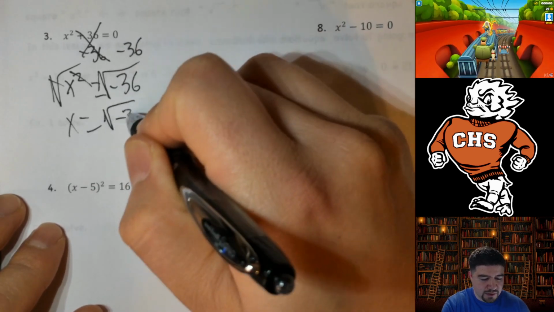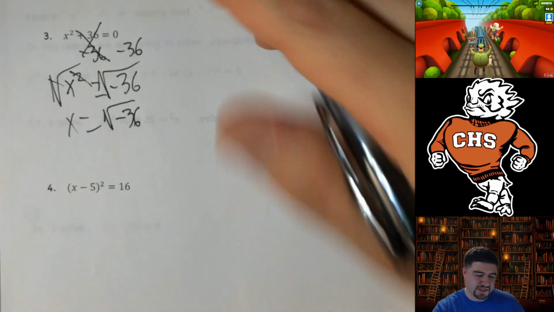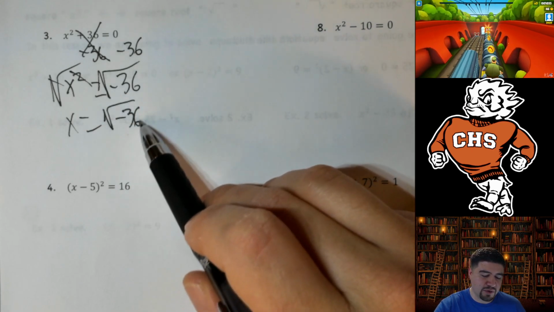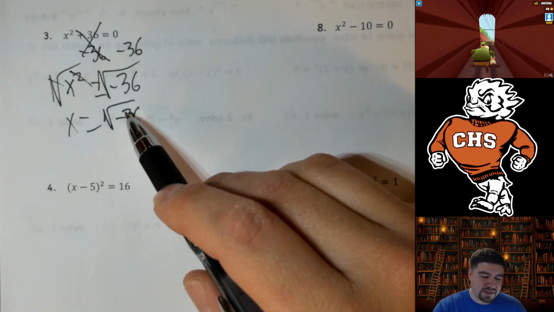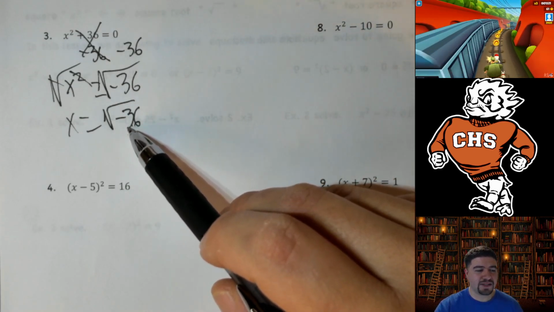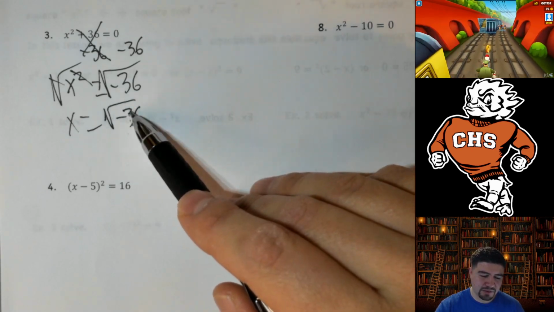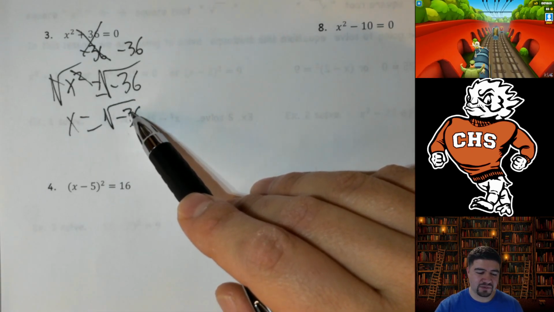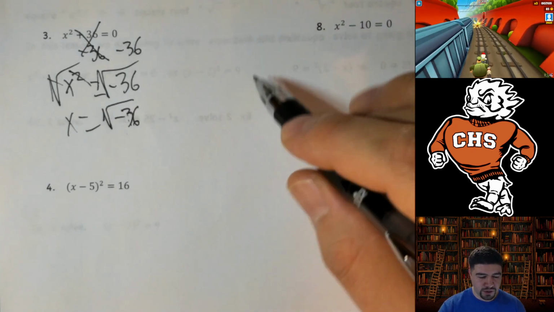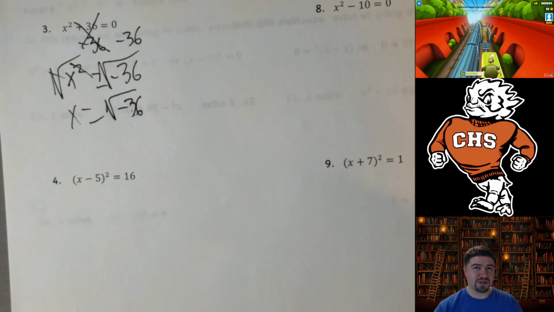Except, think back to when I said if we have a positive times a positive, we'll end up with a positive. And if we have a negative times a negative, we'll end up with a positive as well. But somehow we have the square root of a negative number, which means we have to find what number multiplies to a negative number when you multiply it by itself. And that means the signs have to be the same as well. So unfortunately, because we have a negative square root and a positive times a positive is a positive, as well as a negative times a negative is a positive,